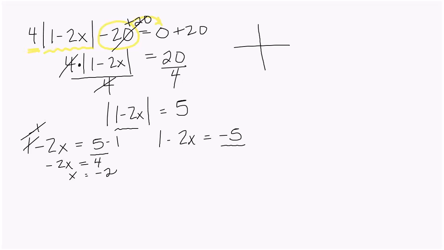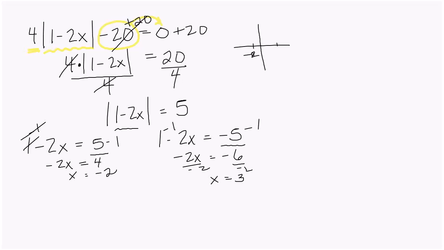And then on my other side here, I'm going to subtract 1 from each side. So I get -2x is equal to -6, and then divide by -2 on both sides, and I get x is equal to +3. That means that my v is going to go through -2